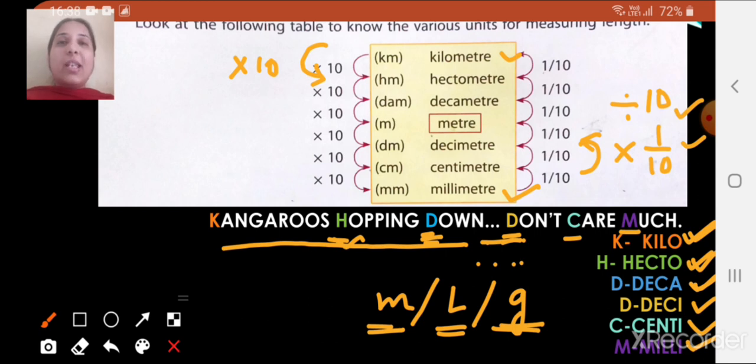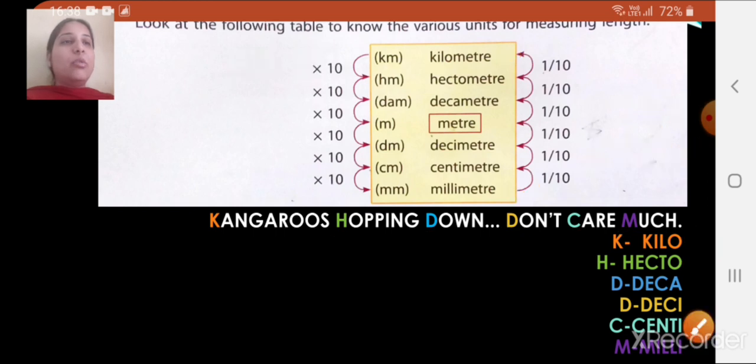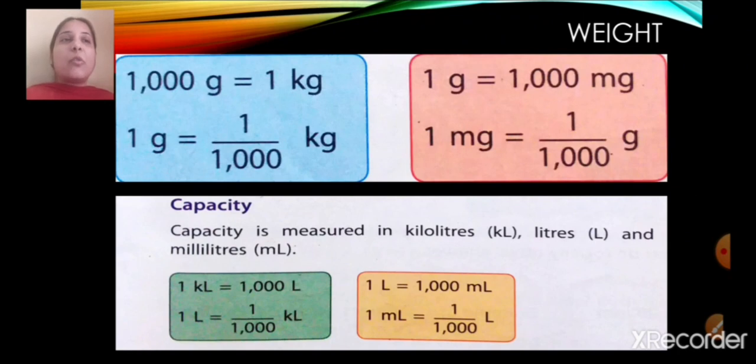In this way you can easily remember the sequence of the units: kilo, hecto, deca, deci, centi and milli. So just remember this sentence, kangaroos hopping down don't care much, and you will be able to understand the sequence and it will be easier for you to convert the units. Okay. So children, now just for some units for weight, like 1000 gram is equal